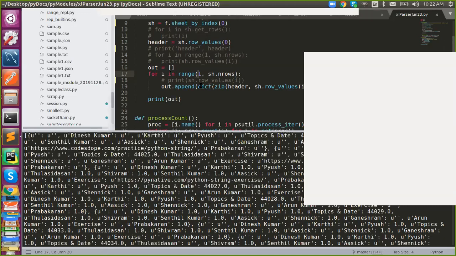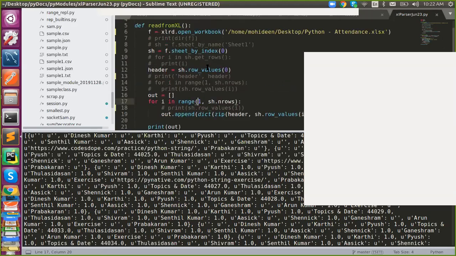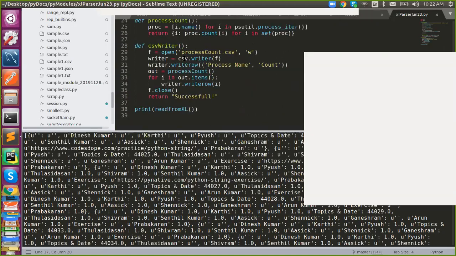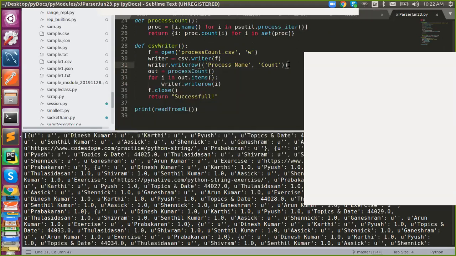So we need output in this. And if you want to convert it, what to do? I'm just getting the data from Excel, right? And you all know how to write into CSV. So just say csv.writer, start writing it. That's it. Got it? So the data was converted. You need to parse it from Excel and write it into CSV. That's it. You can easily convert it into CSV. Clear? Is it clear?